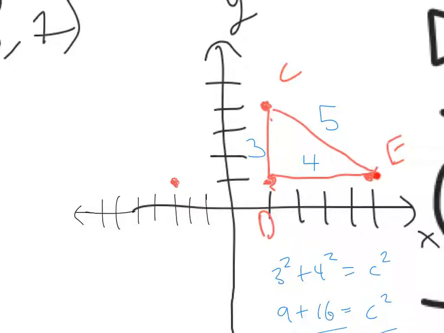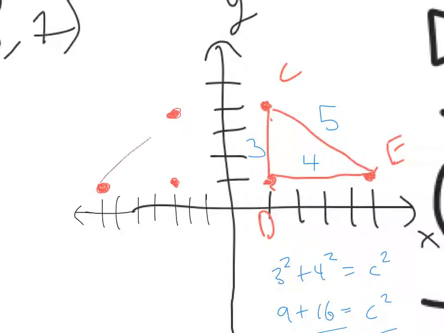Okay, so now let's count from E to the line of reflection, the y-axis. 1, 2, 3, 4, 5. Alright, so we got to go 5 more. 1, 2, 3, 4, 5. And since we're translating it 2 to the left, let's just go 2 more to the left. 1, 2. And you get a point right about there. Okay, and then for C, we're going to go 1, 1, and 2 more. 1, 2. And our triangle ends up